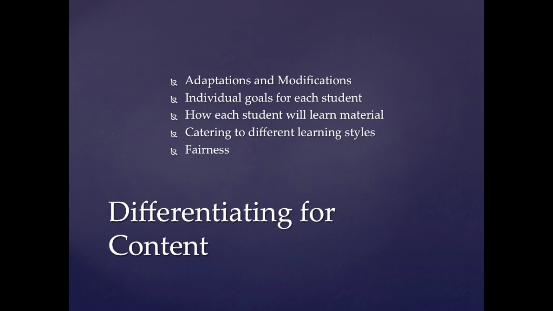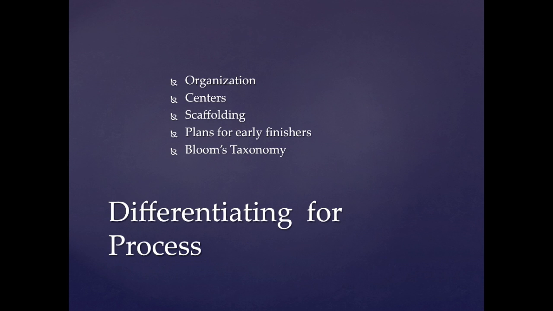So differentiating for content, there are different adaptations and modifications depending on the severity of the student's disability, and each student who has a disability is served on an IEP, which means that there are individual goals that each student has to meet. And differentiating for content means that teachers need to see how they would like each student to learn the material and what a reasonable goal is for each of them. The idea of fairness is that each student needs to be equipped with the materials to be on the same